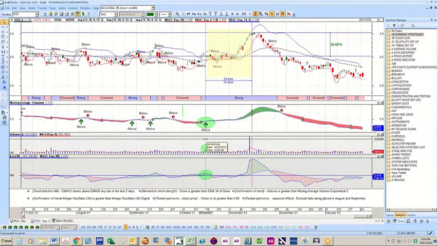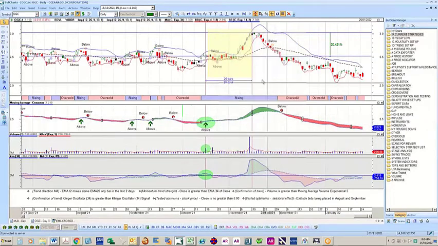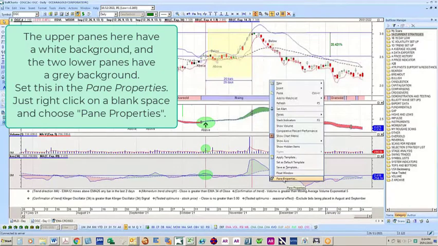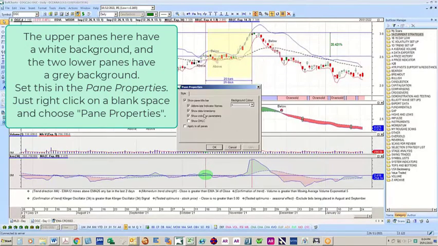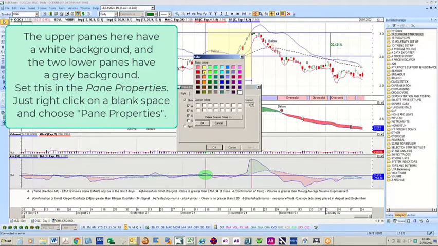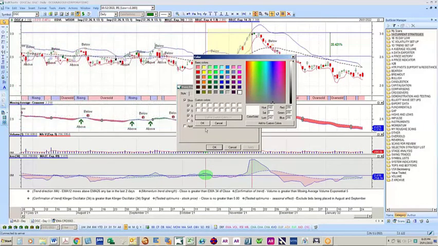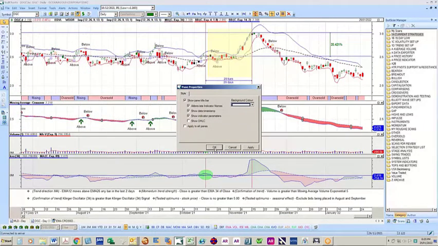The way I set my charts up is my pane properties. You can set that up in multiple ways. The background color, there's multiple colors you could apply to the background of that pane, or you can define your own custom, user-defined colors.